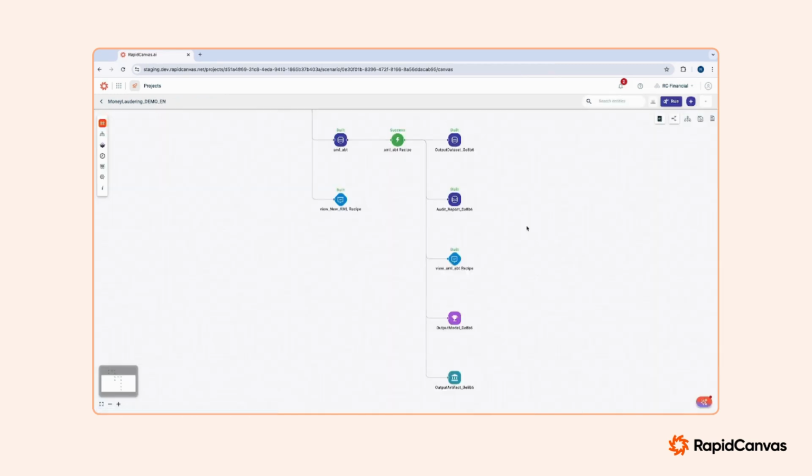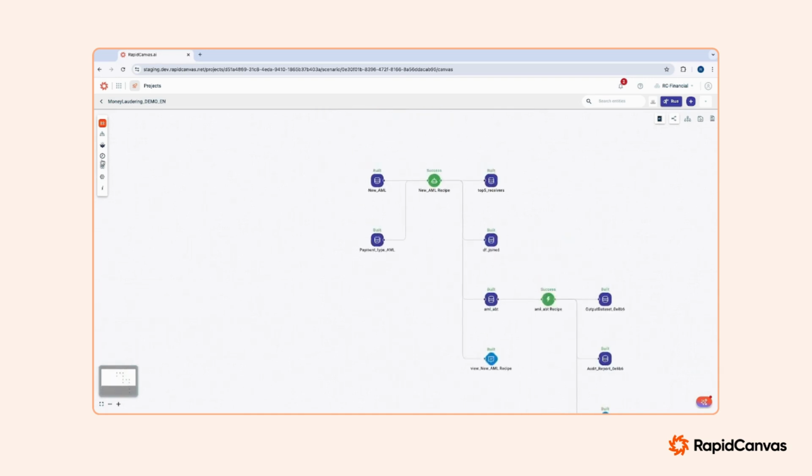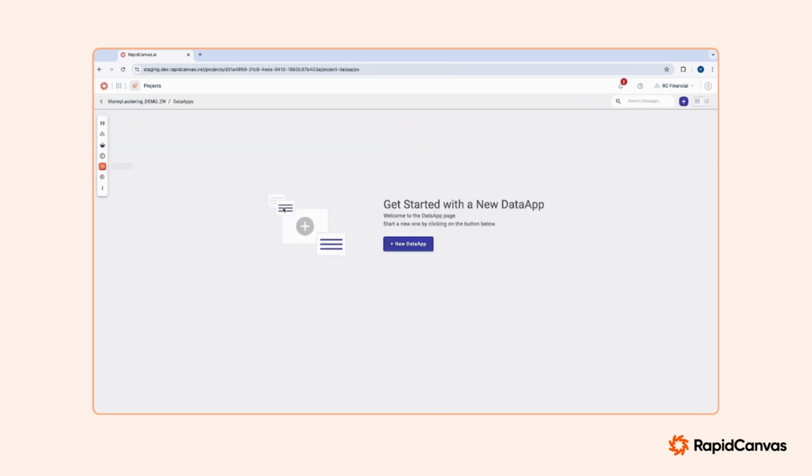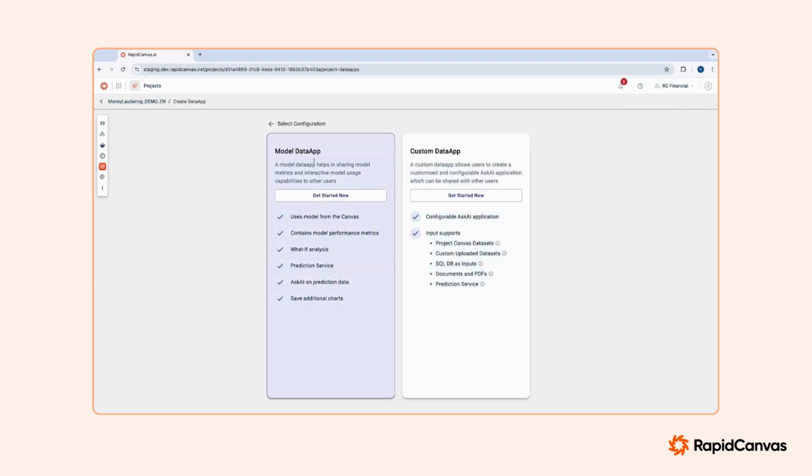Good. The next thing that I'm going to show you is the data app. A data app is a way that users can have access to what you develop. Let me create a new data app, and I will create this model data app because it will be built on top of the model that we just ran. But you also have the capability to create a custom data app, and you can create some specific inputs for it. Create your own data app on top